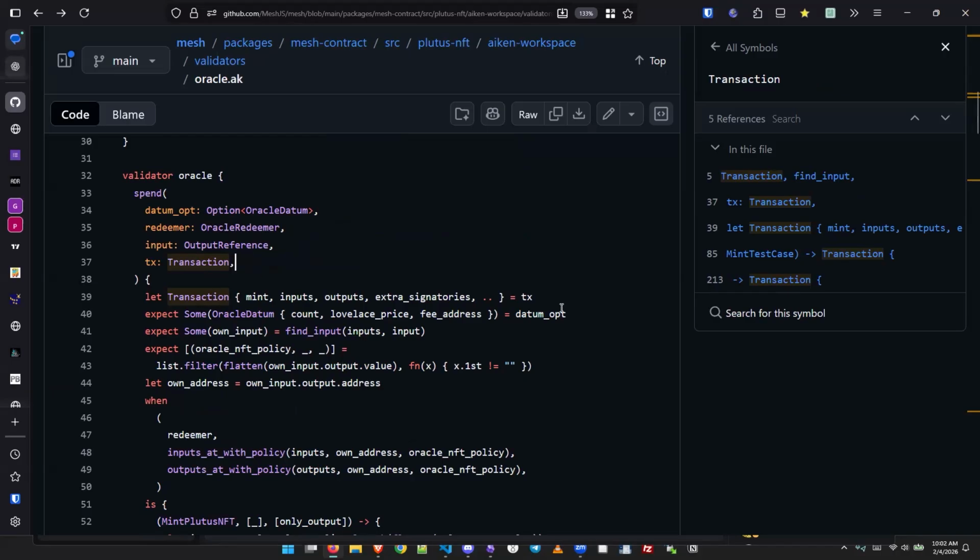So from line 39, we're accessing the transaction. When we say let transaction, we're deconstructing the transaction object. The transaction has all of these fields, but these are the only fields that we care for. So we're taking the mint, the inputs, the outputs, and the extra signatories from the transaction object. The next line, we're also doing something similar, but this time we're